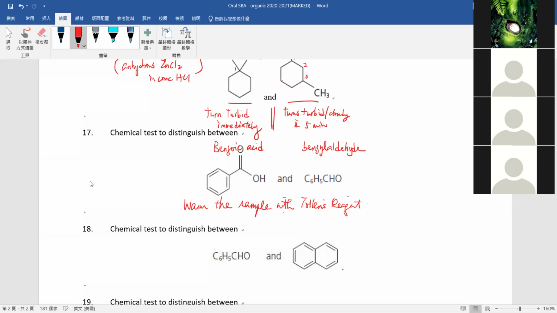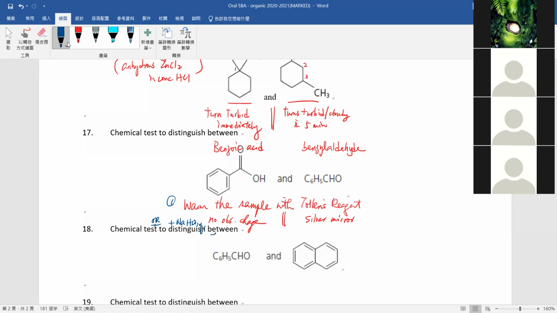And then we have got the two. Silver mirror for the right hand side, while for the left hand side, what happened to it? No silver mirror, okay? No change for this case. Of course, you may use sodium hydrogen carbonate solution. It is also possible. Okay, this is method 1, method 2, or you add sodium hydrogen carbonate and look